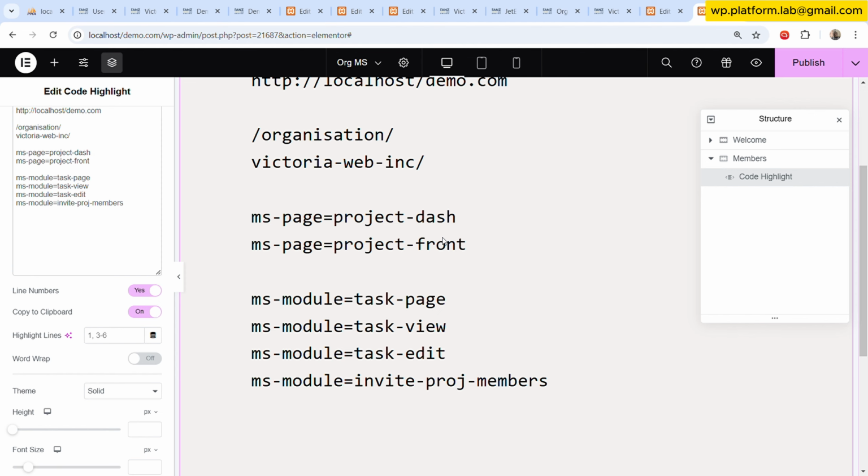Now, these other modules for members, like task page, view page, task edit, or whatever, will be linked within the project dashboard. Now it's a trick, but let's go and see it. One of the URLs will have like,